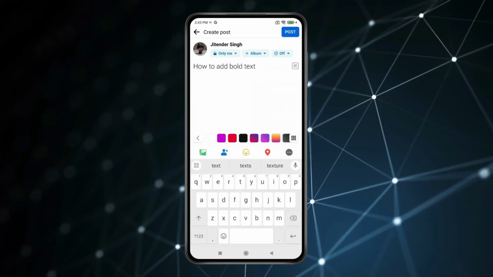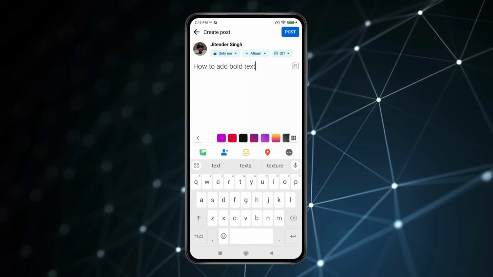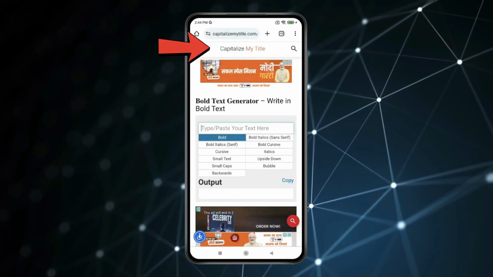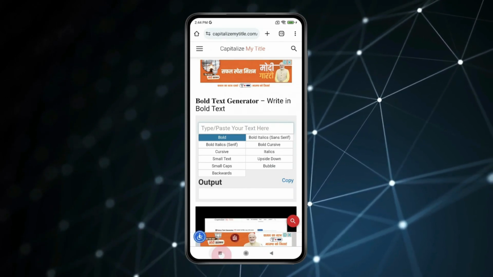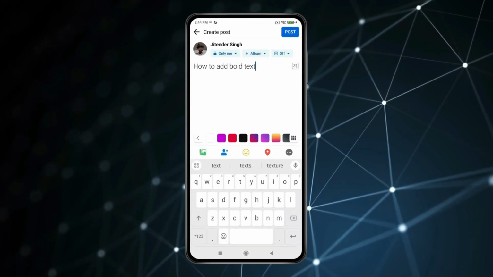Today in this video I show you how to add bold text in Facebook post on mobile. For adding bold text you have to open this website in your preferred browser with the help of link given in video description. Now open your Facebook post page in which you want to add bold text and type the